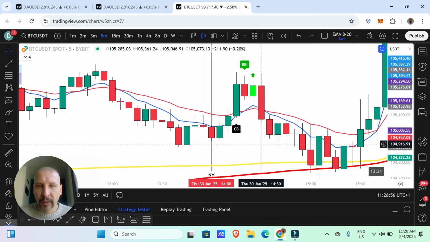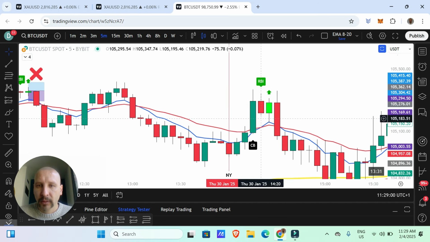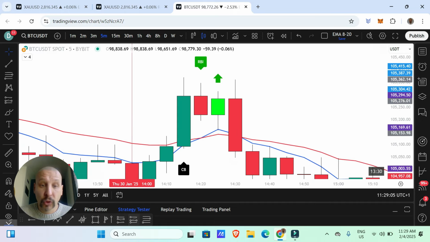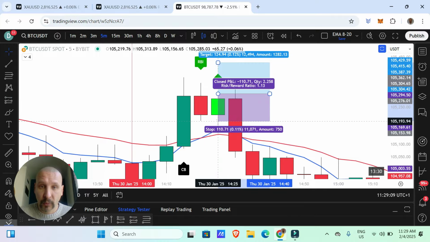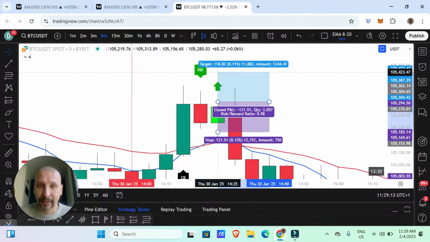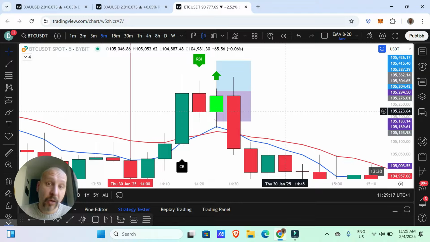This is New York opening, strong candle coming up. Let's enter this trade. I want to show you everything. We enter above the red body. We will target 120 and we will not hit it. So that's another loser. So today already three